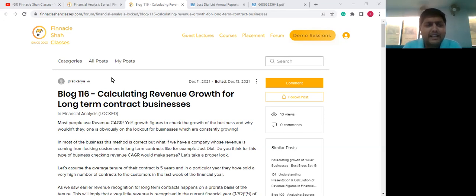So typically, एक business का revenue growth rate आप कैसे calculate करते हो? By taking a look at year-on-year growth rates or CAGR, right? या फिर even at times quarter-on-quarter growth rates भी आप check करना चाहते हो तो आप check कर सकते हो. But this approach may not be right for all companies, especially for businesses which engage into long-term contracts with their